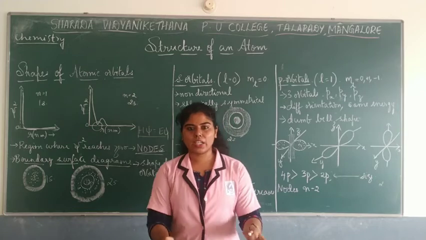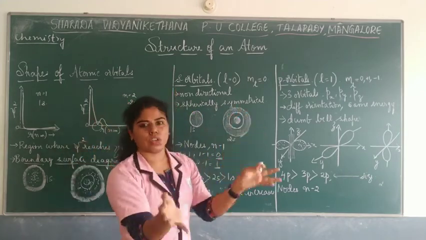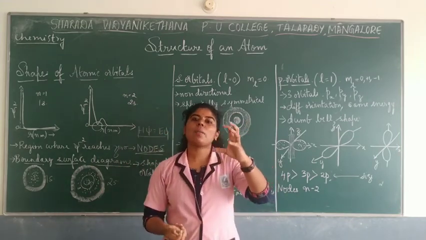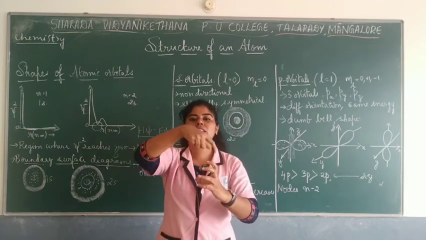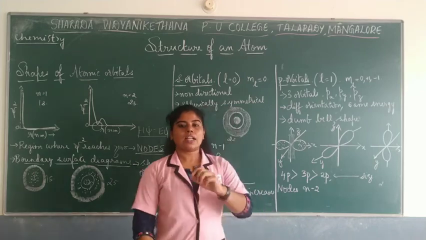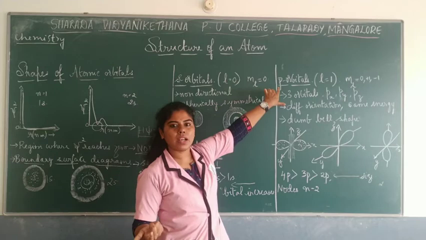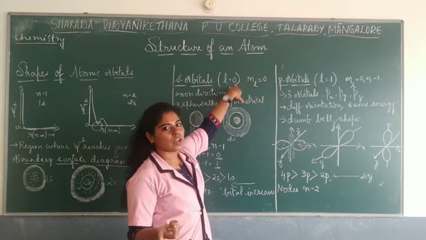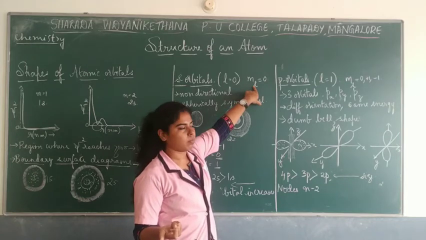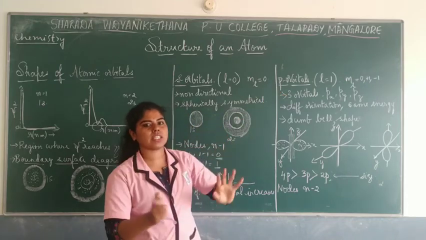If it is spherical in shape, when the electron density, when the dots were plotted, we actually got them as spherical. So in two dimensions, we can talk about a ball, okay? When you see the ball, it is in circular shape, and that's how you predict the s orbital. Now, talking about the shapes of s orbital, l will be 0 and ml is also 0. l is the angular momentum and ml is the magnetic quantum number. So ml will also be 0 here, or the orientation will be 0.